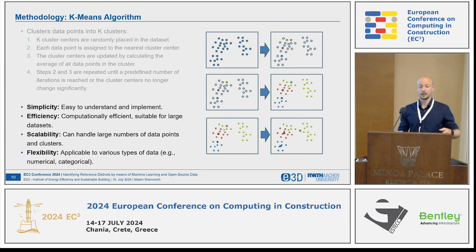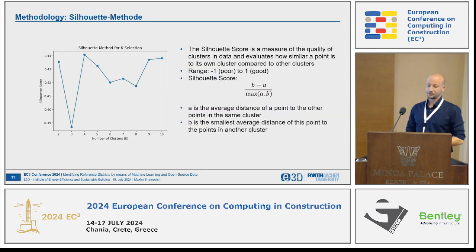And also the interpretability of this algorithm is quite high, so k, the selected k we choose, is actually the amount of clusters that we get. It's very efficient, and with such big data sets of GIS data, it's very important. It's also scalable, of course. And because in the first stage we applied it to actual distances in a georeference sense, and in the second stage we applied it to differences in heating demands, it's important that it's flexible.